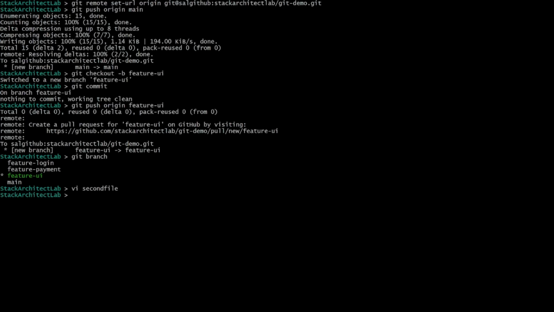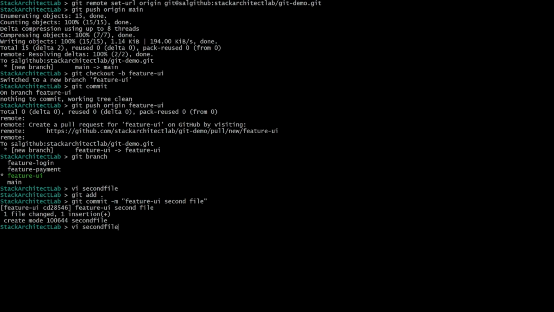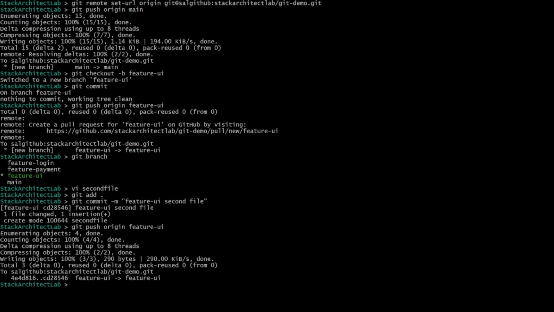Okay, and now again what you can do is you say git add dot, git commit hyphen m feature UI second file. Okay, this I am adding here. Okay, and from this again, what I do is I will say push to the original feature UI here. Okay, so I have just pushed this change here,